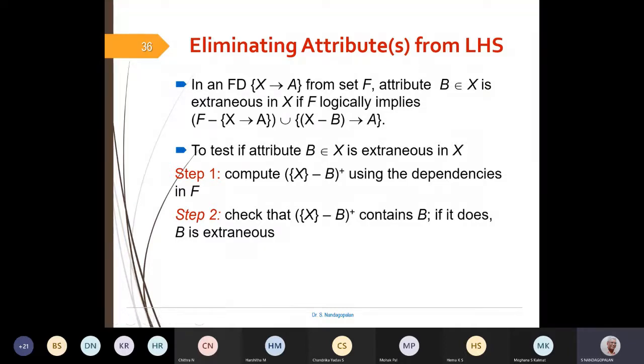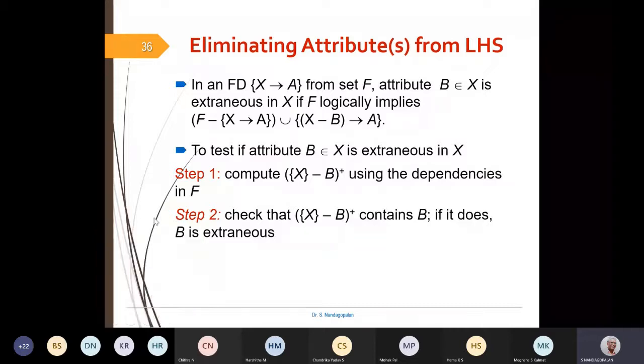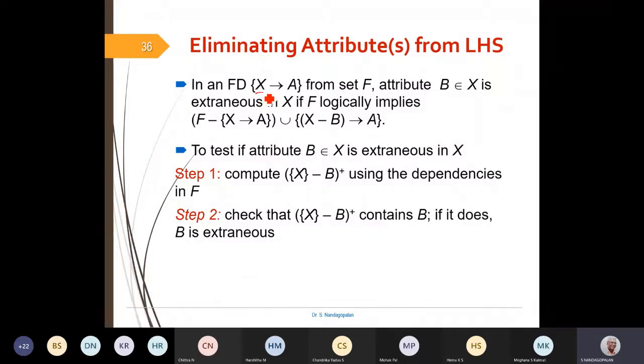Suppose we consider an FD of the form X arrow A. The right hand side will normally be a single attribute, because the first step is that we don't allow multiple attributes. The left hand side may have more than one attribute, so X may have multiple attributes.